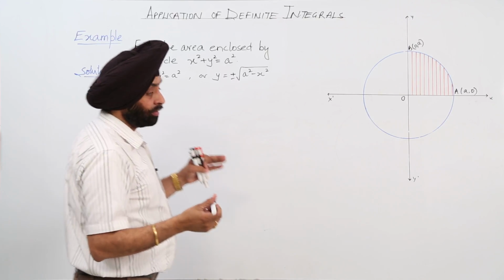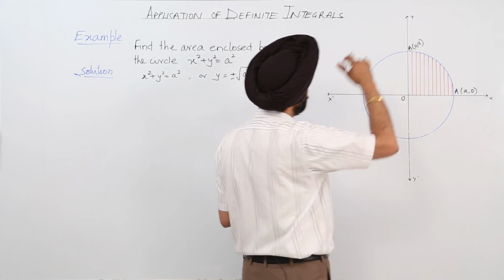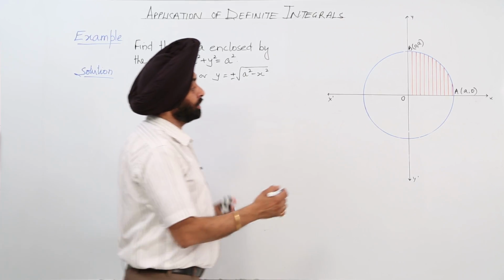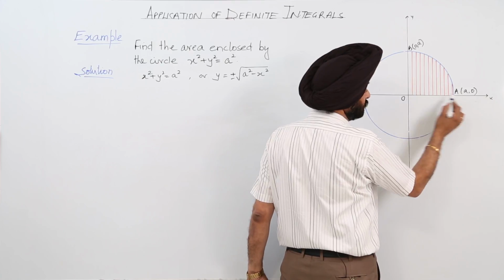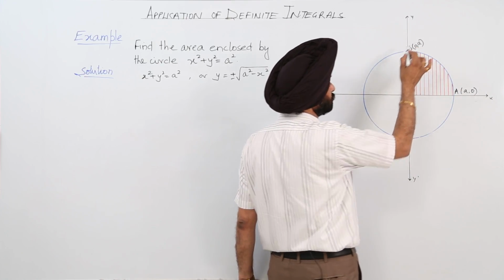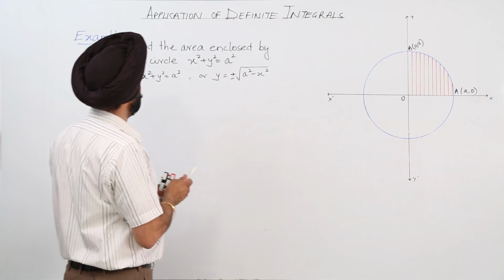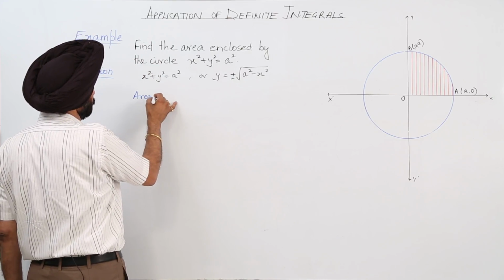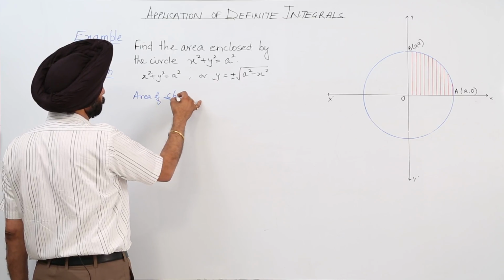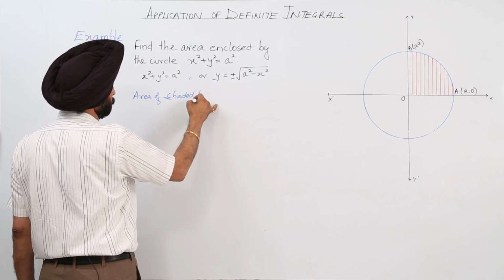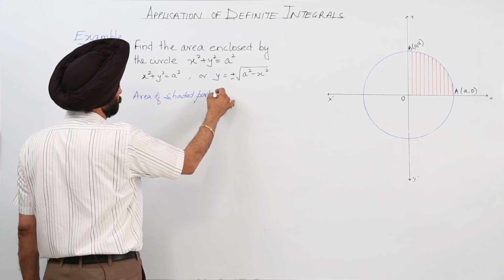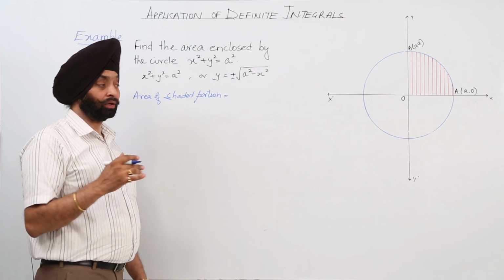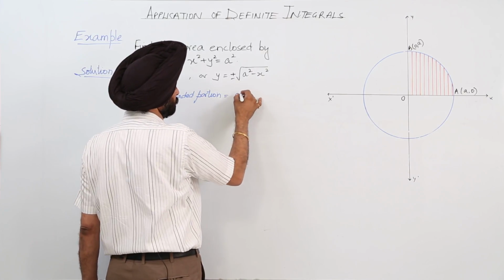Now, we have to find area of whole of the circle. Equation is x square plus y square is equal to a square. It means coordinates for a, point from 0 to a is a comma 0 and 0 to b is 0 comma a. Now, area of shaded portion. Area of shaded portion is equal to area of the region